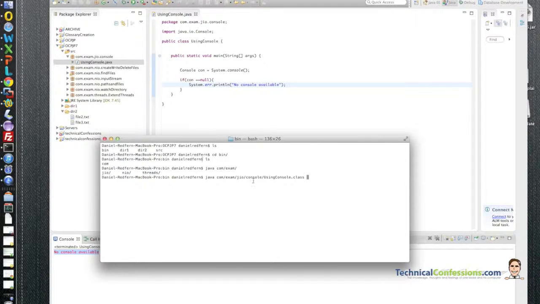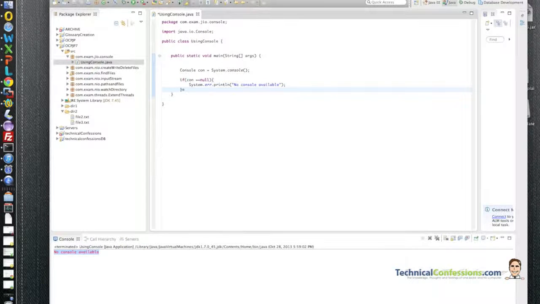This is the class that I'm actually using at the moment within the IDE, but obviously because it's a class, it's compiled. I'm just running from the bin and adding the package. It runs successfully. So if I was to put in an else,